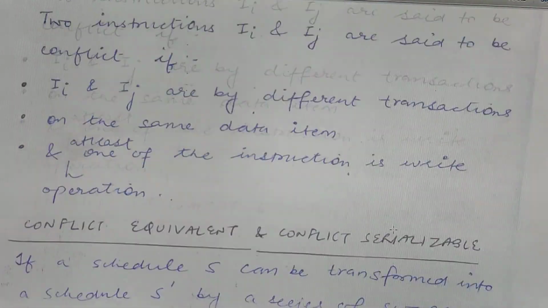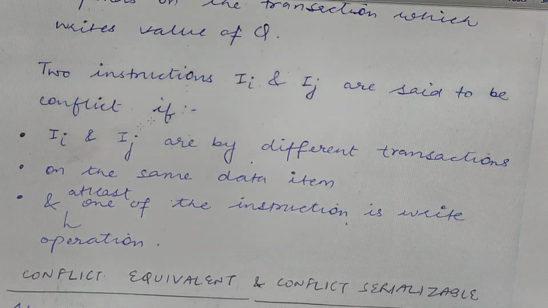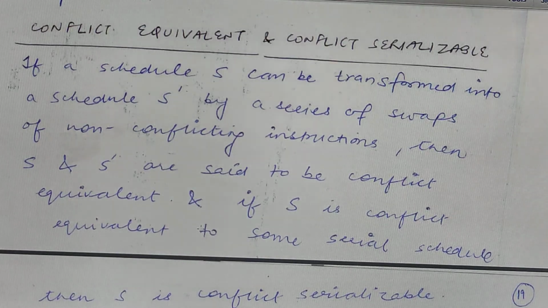Now we will see what conflict equivalent and conflict serializable are. All three conditions should be satisfied, only then we will say that two instructions are conflicting in nature. Now what is conflict equivalent and conflict serializable? If a schedule S can be transformed into another schedule S dash, we can convert one schedule S into another schedule S dash by a series of swaps of non-conflicting instructions,